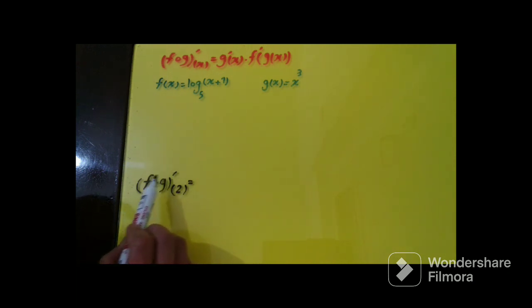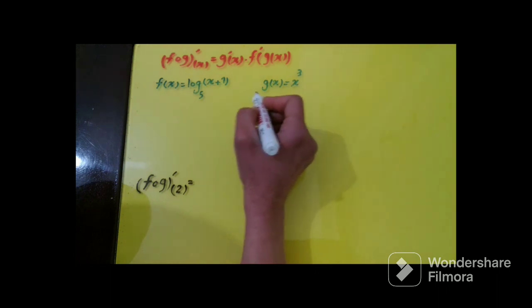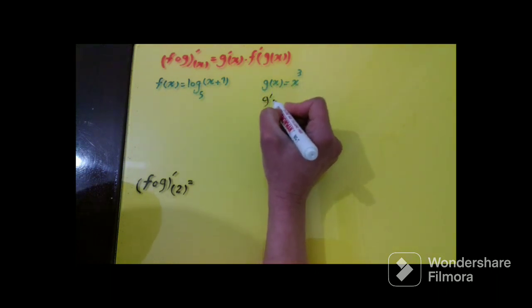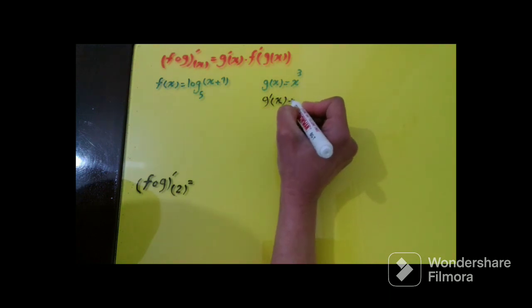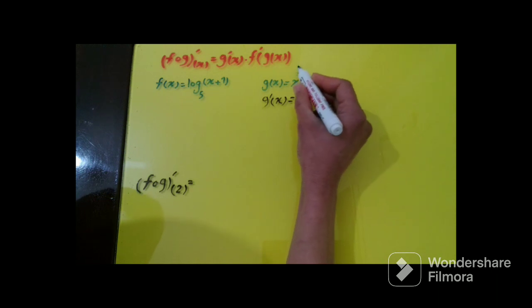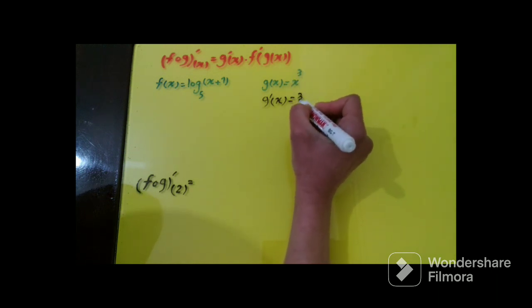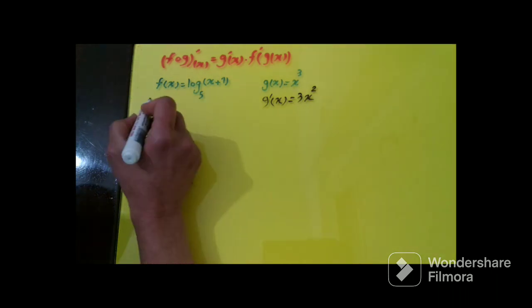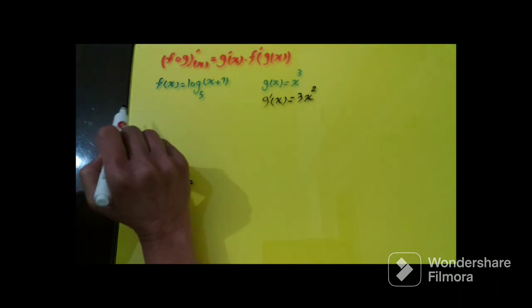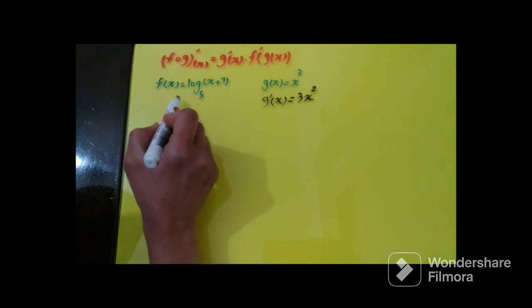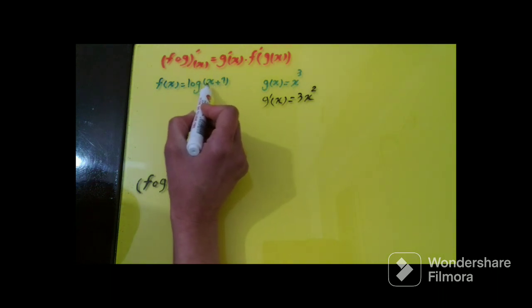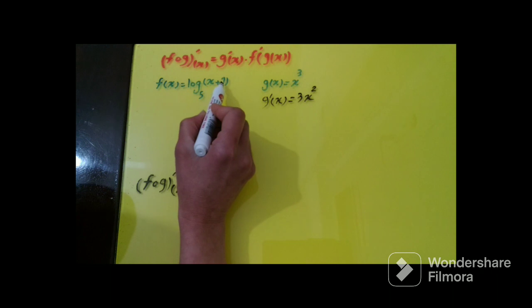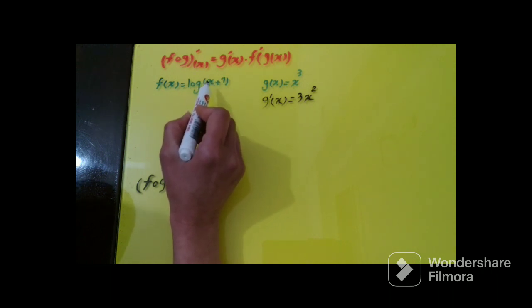Next example. Okay guys, in this example, we want to find the derivative of f of g at 2. So according to the chain rule, first we should get the derivative of g. So g prime is, for getting the derivative of this term, like before, bring the power down, it's 3, reduce the power by 1, it's 2. For getting the derivative of this term, as we have log here, according to the formula related to this function, first you should get the derivative of this term for up. As two terms sum each other,